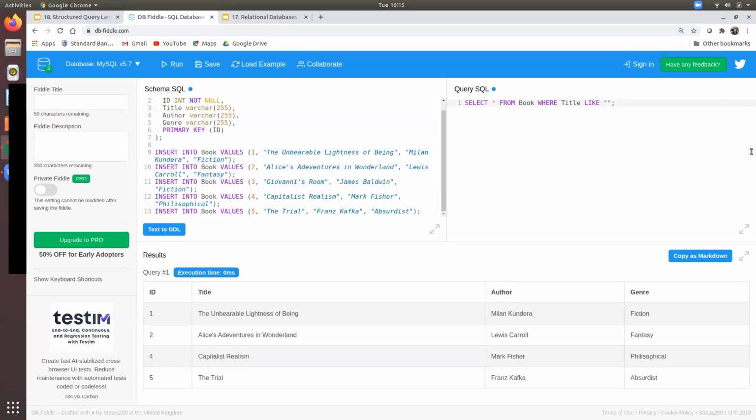So let's say I want all of the authors where the second letter of their first name is an A. That's James Baldwin because the second letter is an A, and Mark Fisher because the second letter is an A. So how I would define this pattern, I would say, okay, the first letter can be any